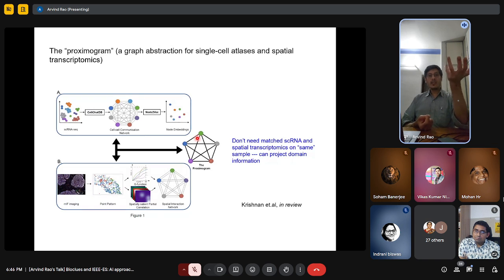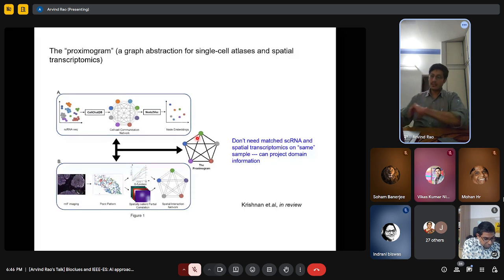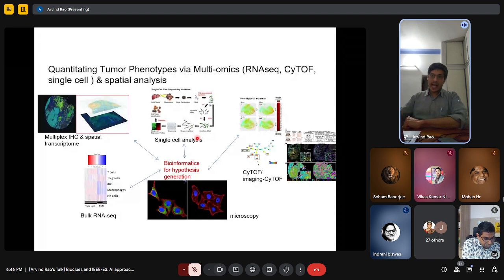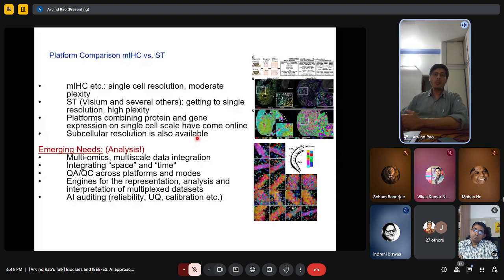So instead of doing classification on images, you're doing classification on graphs. Again, this is not a new idea from deep learning. People have been doing graph-based deep learning for a while now. But to our knowledge, nobody had an abstraction that could pull these two different modalities and create a single abstraction for it. So that's something else that we've done. What my lab does overall is put different kinds of modalities together to make sense of it. And one thing we've learned the hard way is that QA/QC is so important.